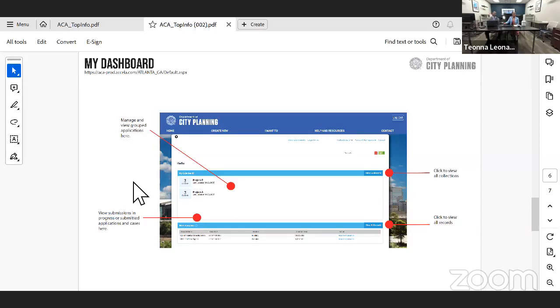And that's your dashboard. Basically, once you have submitted an application, or if you're someone that has several applications in the portal, you can track them through this dashboard. You can categorize them. You can get a summary of each and every one of them all on one page. It allows you to see all of the records that you've submitted, the applications. You can group them by importance. You can select them by their record and see the progress of each and every one of them at the same time.